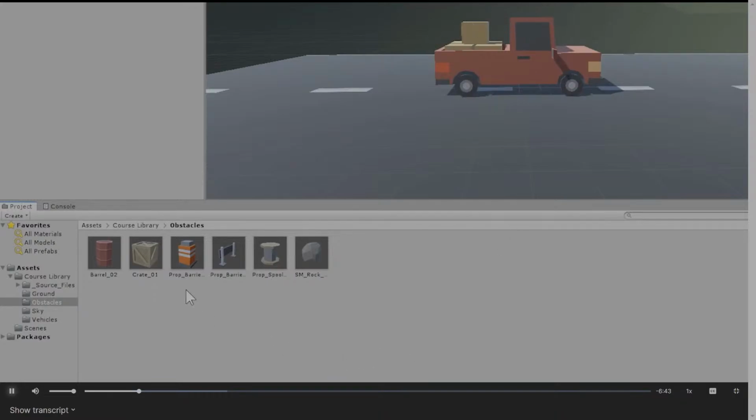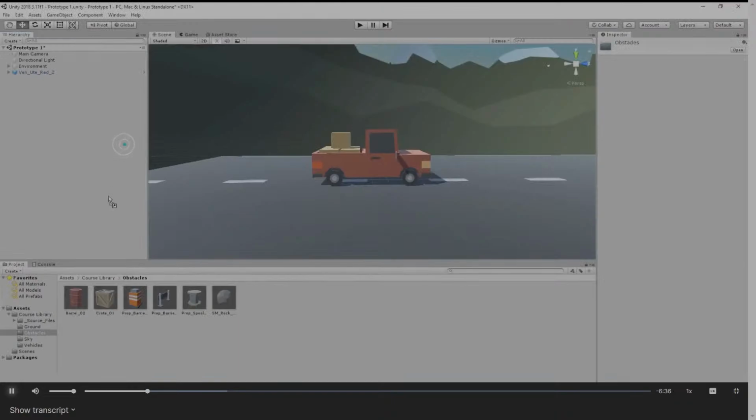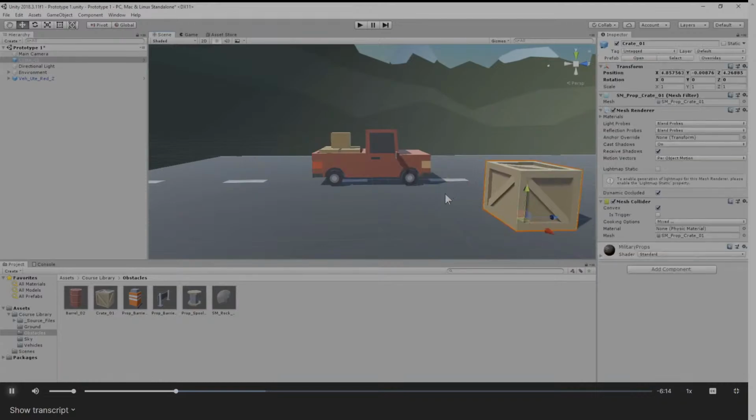So this time I'm going to left click and drag our crate, but instead of going into the hierarchy, I'm going to drag it directly into our scene view, and you can see that it's actually updating live wherever my mouse is positioned. And in fact, if I drag it closer to the road, it actually snaps directly onto the road. I can even do it with the car. Look, there's a box on the car. So I'm going to release my mouse button now,